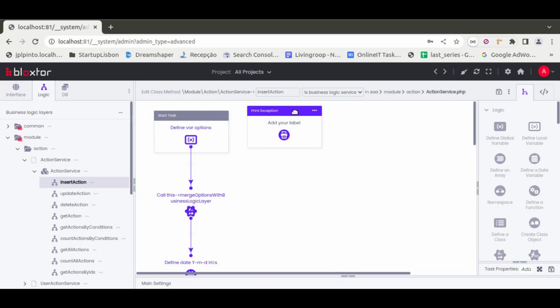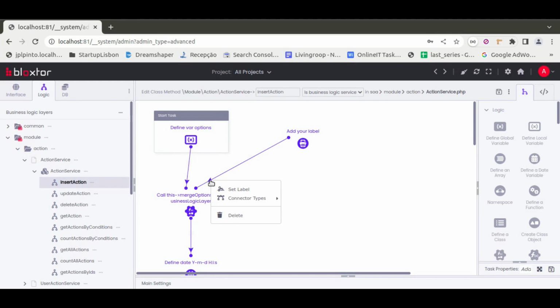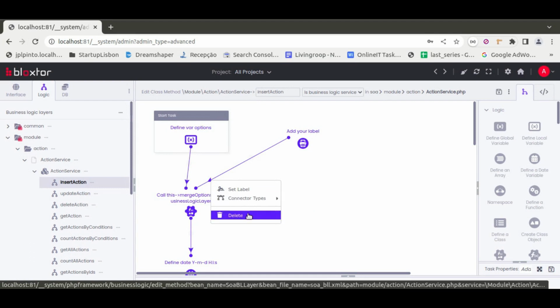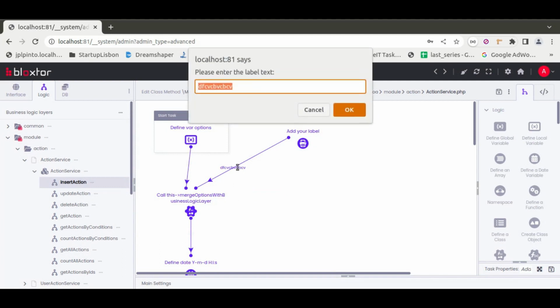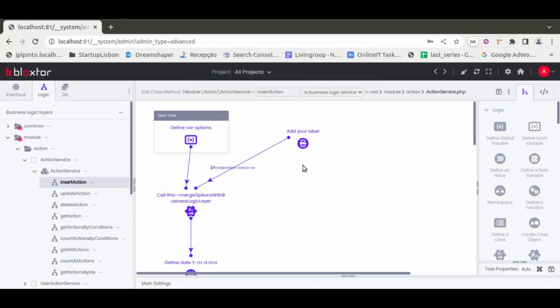To move it, I can just drag it here and move it. To make a link to another task, I just click in the icon and drag it to the corresponding task. Then the connections have some properties too, so I just right click on the specific connection, then I can see the menu, where in this case I can set a label. But basically this is just an example where in all the diagrams that I have, usually I have some widgets